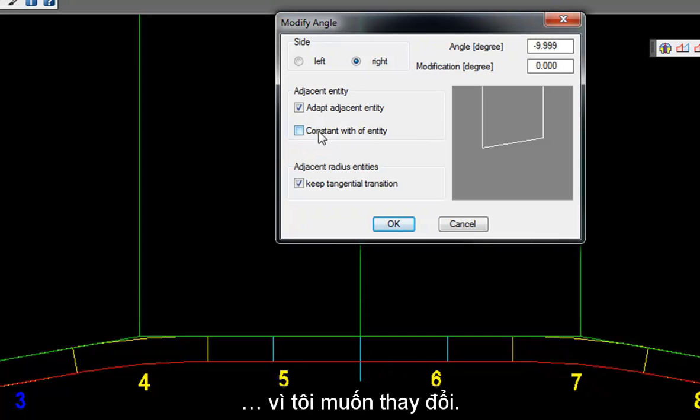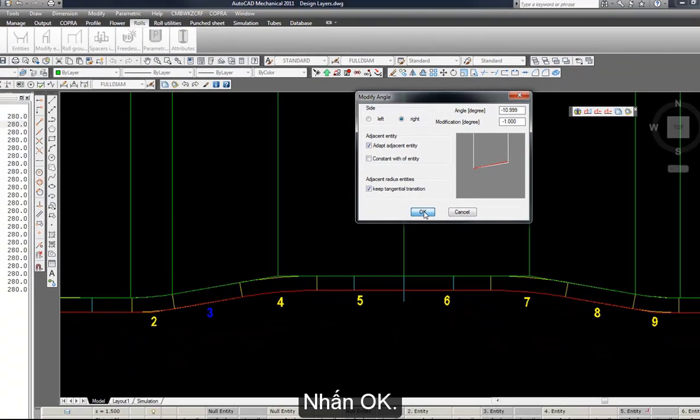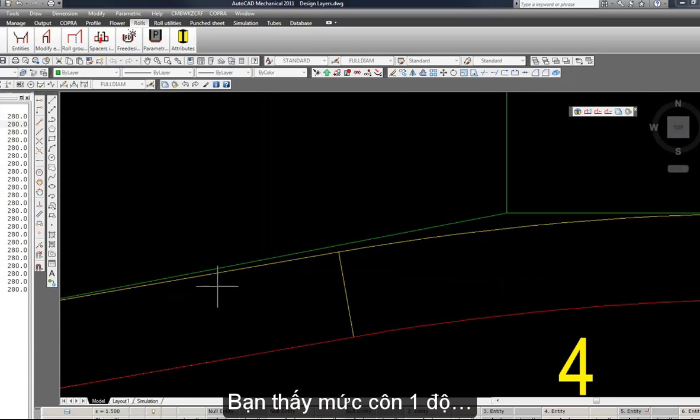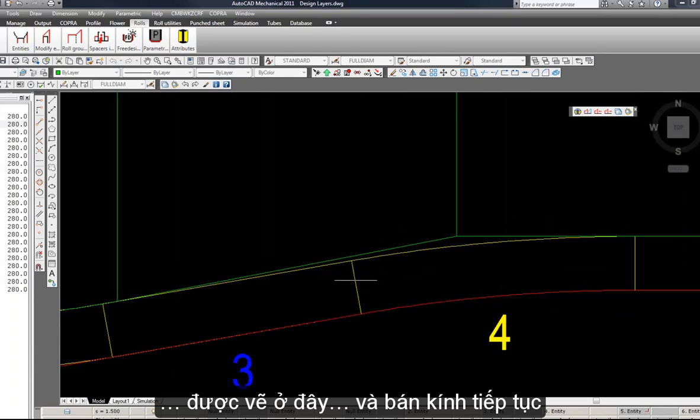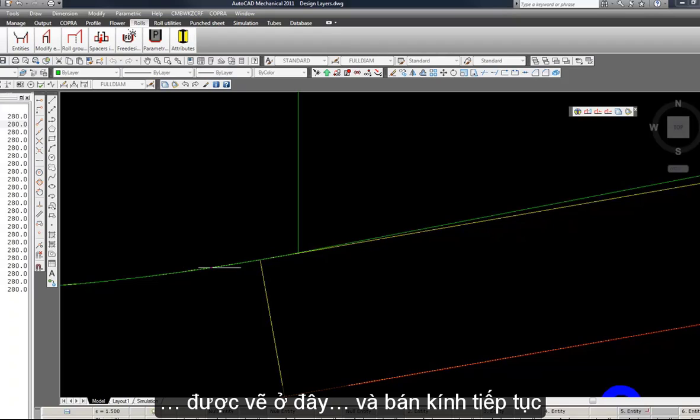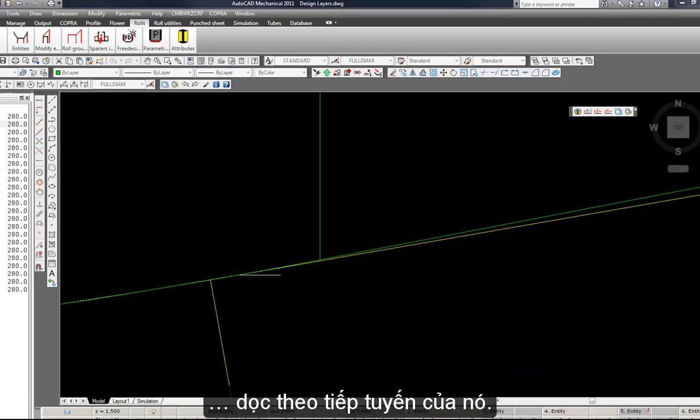I'm not going to tick the constant width of entity because I want it to change, and my relief will be -1 degree, and you can see here in the graphical window how this will be constructed. Again hit OK, and then we can see our 1 degree taper relief drawn here, and the radius continues along its tangent